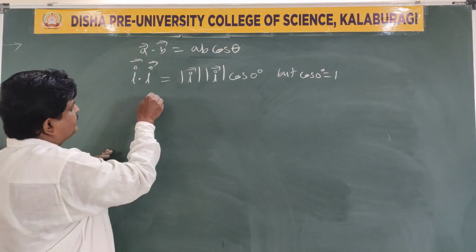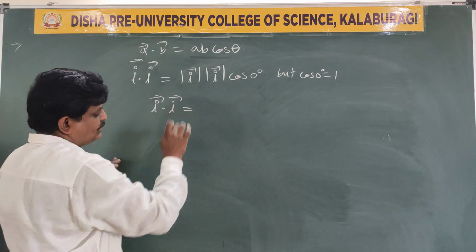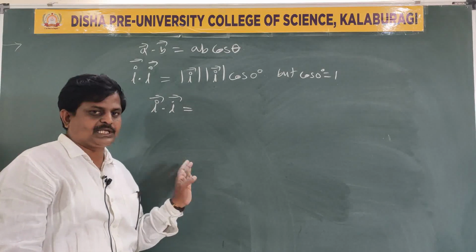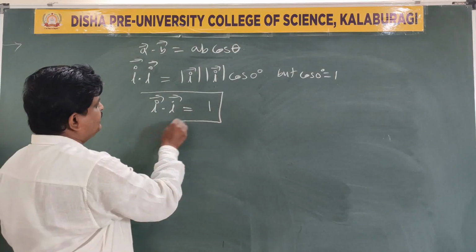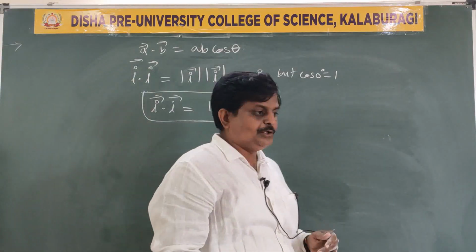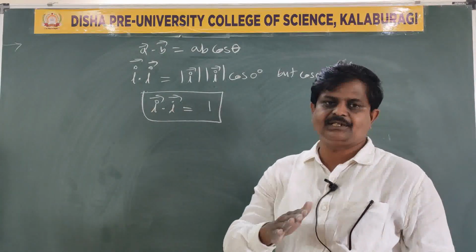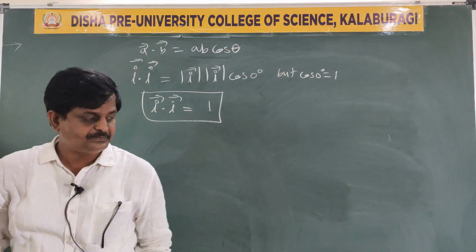Therefore, when we operate I dot I, these two are what? Unit vectors. What is the magnitude of a unit vector? 1. Therefore, what result? 1 only. So when you are operating I dot I, your result is 1. Now you can extend the logic. What result would you get when you operate J dot J, K dot K, please? Logically the same. Just see.